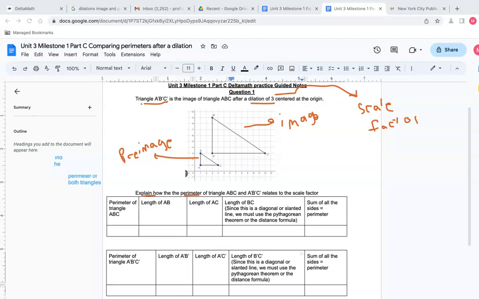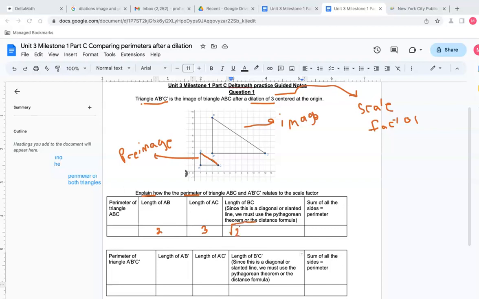Well, since it's up and down, I could just count. 1, 2. So the length of AB is 2 units. The length of AC, 1, 2, 3. That's 3 units. Now the length of BC, this is a diagonal line. So as a result, we must use either the distance formula or the Pythagorean theorem. I'm going to let you decide what's best. But you should get,